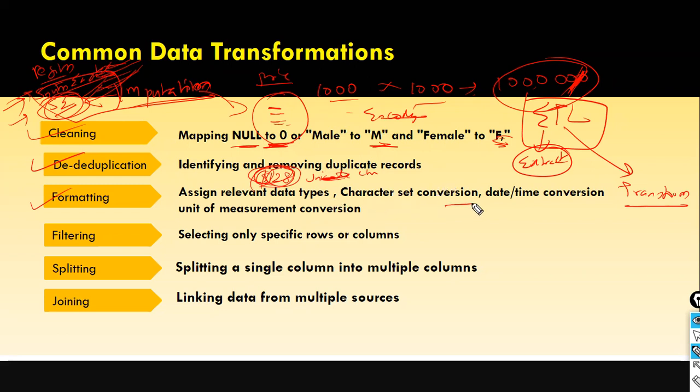And the next one is character set conversion. You need to change the data type. For example, if you have a date column and a text data type is assigned, convert it to the date data type, assign the proper data type. Then unit of measurement conversion. Sometimes you need to convert the unit of measurement. And filtering. You don't need the entire data, only select the specific records for your analysis. And splitting a column into multiple columns, and joining the data set,